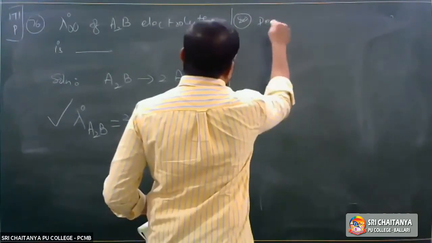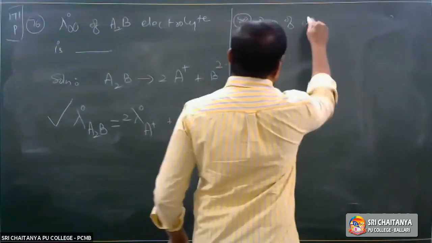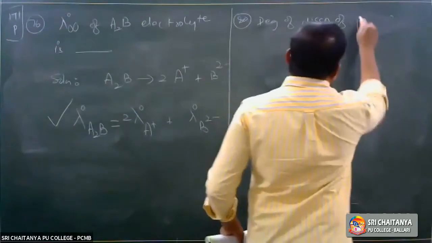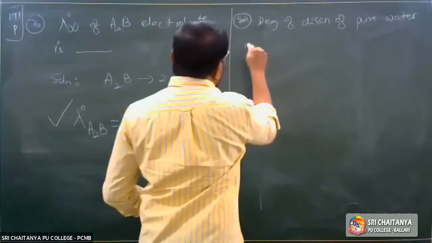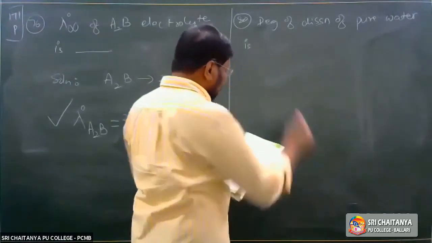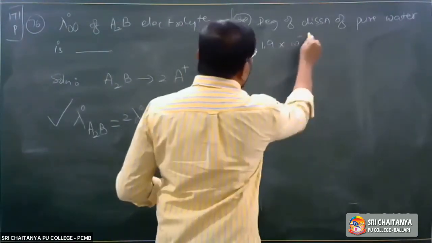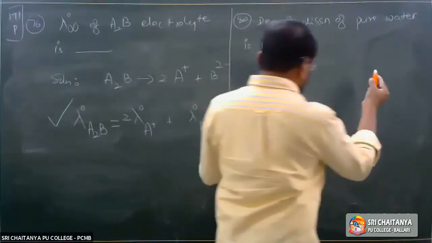So here the degree of dissociation of pure water is 1.9 into 10 power minus 9. Then see,